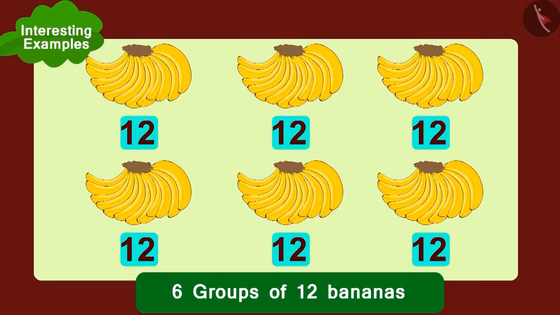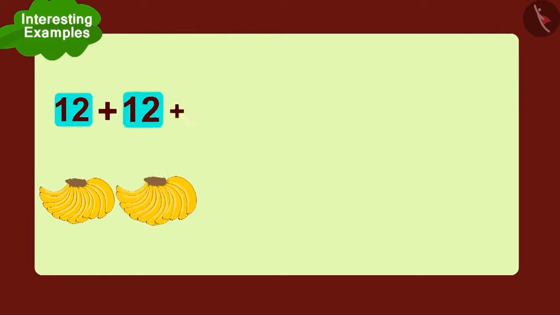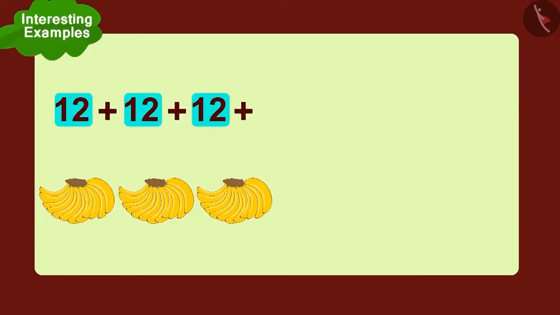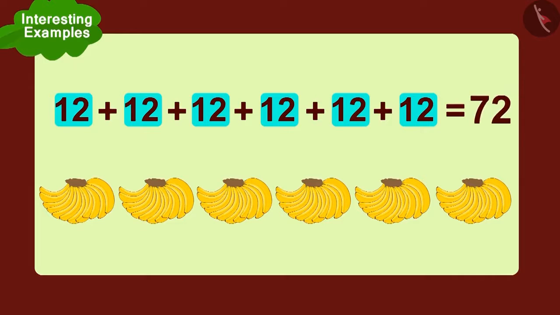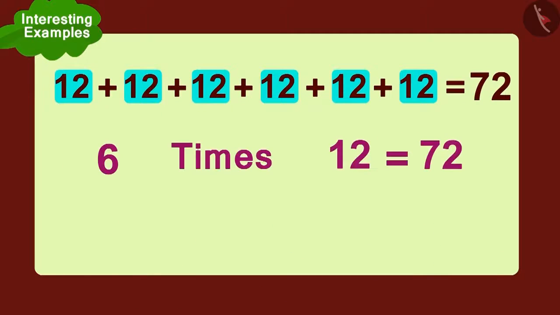Children, can you write the number of bananas Golu had in the form of multiplication? 12 added to 12, again add 12, again add 12, again add 12, and finally add one more 12. How much is that? 72. Can you write this in another way? 6 times 12, or 6